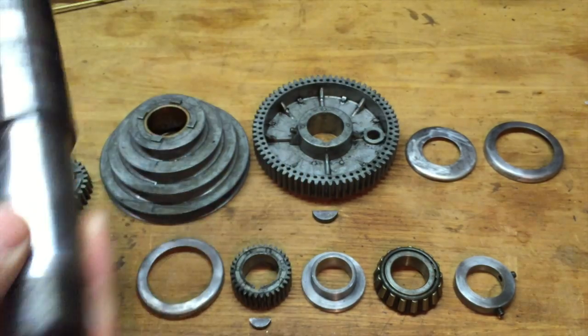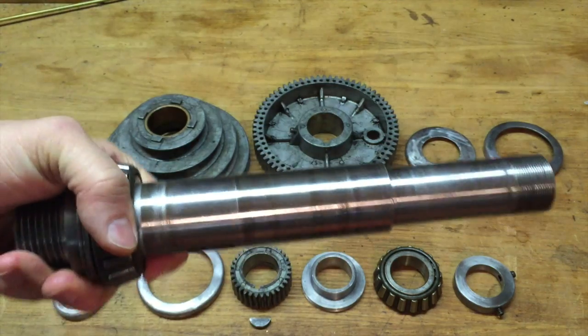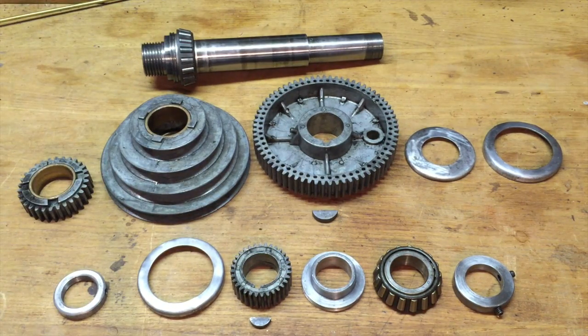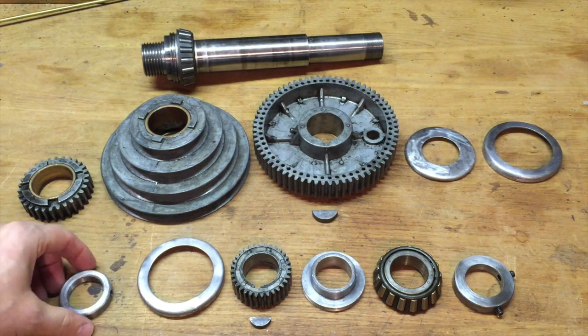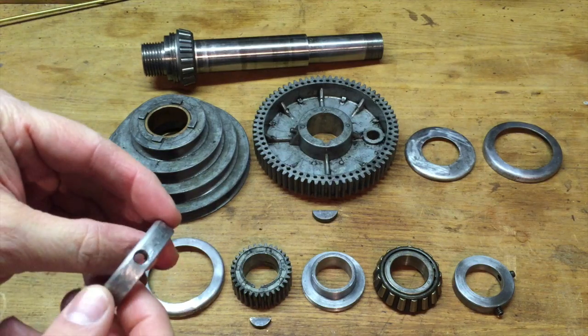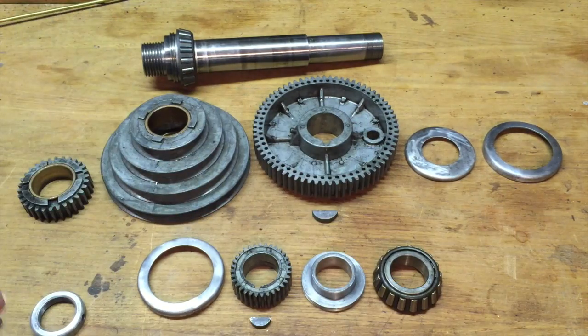But everything's cleaned up real nice. I had all this stuff sitting with a coat of oil, because my garage obviously is unheated. And I do have to tackle one other problem. This collar was missing the set screw, and I bought extra set screws,